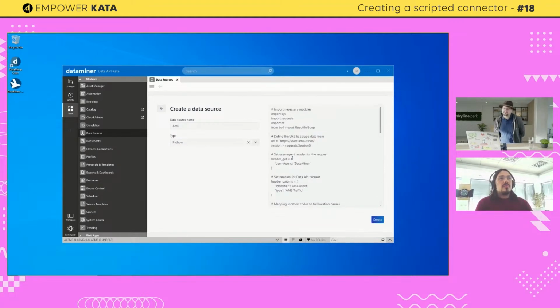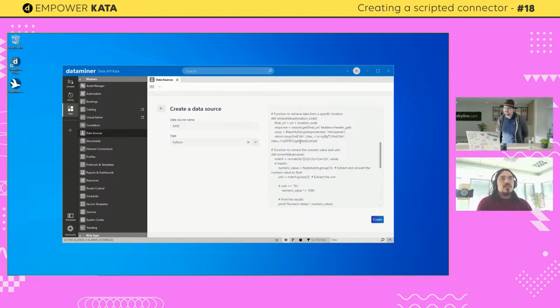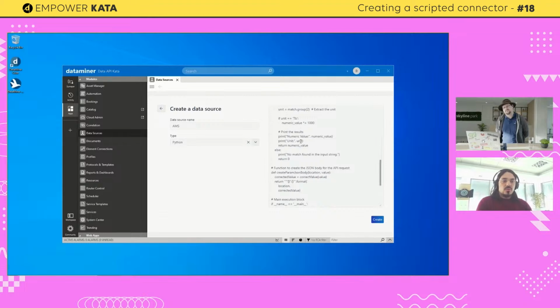I'll just give a brief overview of what it's doing. It's setting up the URL where it's going to request the data, telling it what locations we want. Just some minor parsing. You don't have to do that much parsing, like I mentioned. This API returns a JSON, so you could almost send what you receive directly, and it should work fine. In this case, we are just tweaking a few things here and there.